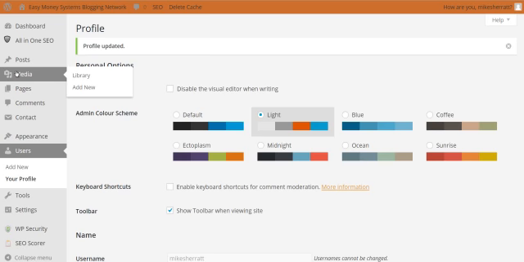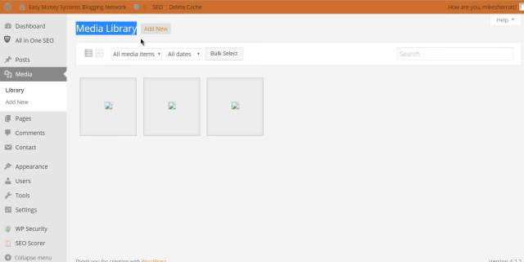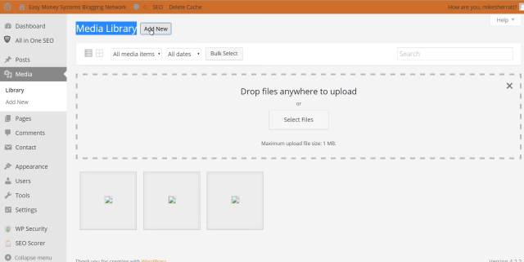Media I will show you now. It is your library of all your pictures or your banners, anything that you want to advertise or you want to show on your blogging platform. You need to upload them into your media library. I'll just show you how to do that quite quickly so that you can see how to do that. You click the add new button, and this will drop down here for you. Now what I need you to do is click on select files,